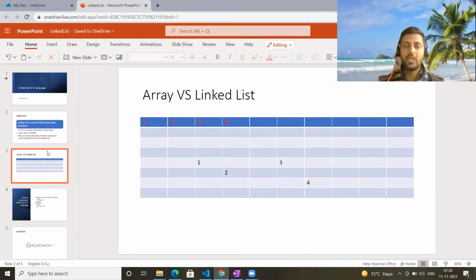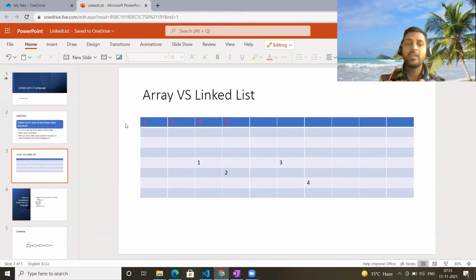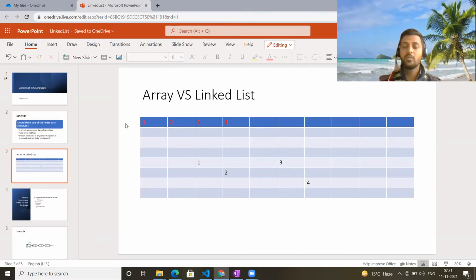Now, whenever you want to store an array whose size will be 4, you need 4 memory blocks which should be contiguous. Then only you can store the array into the memory. But in case of linked list, we can put these 4 values 1, 2, 3, 4 at any random location in the memory.